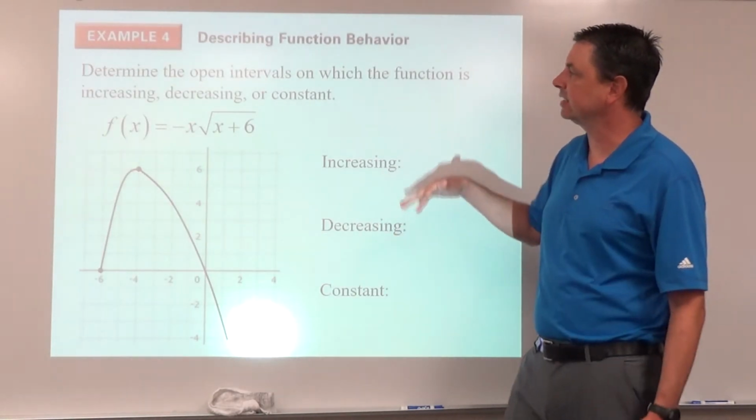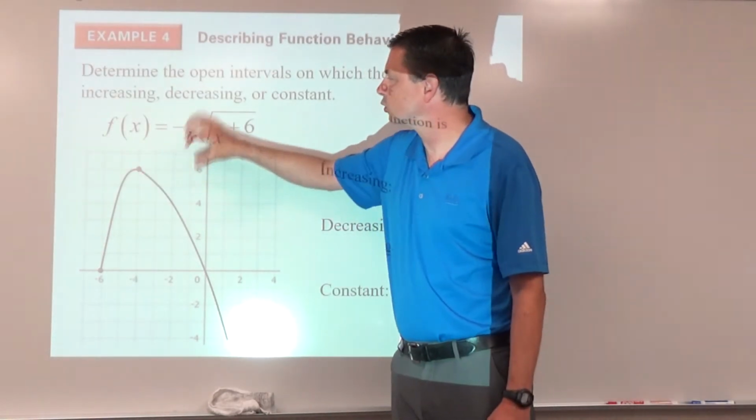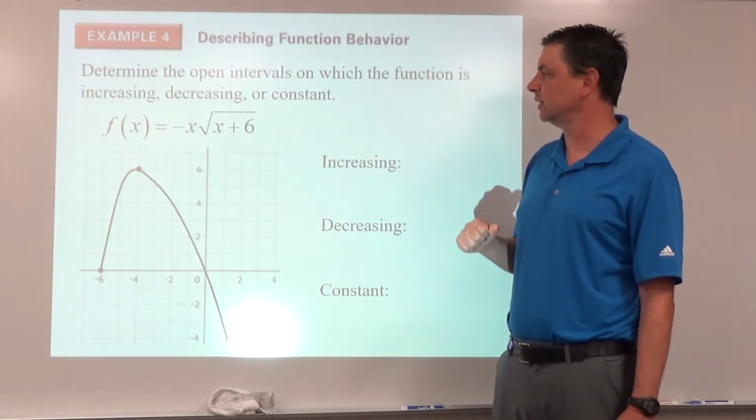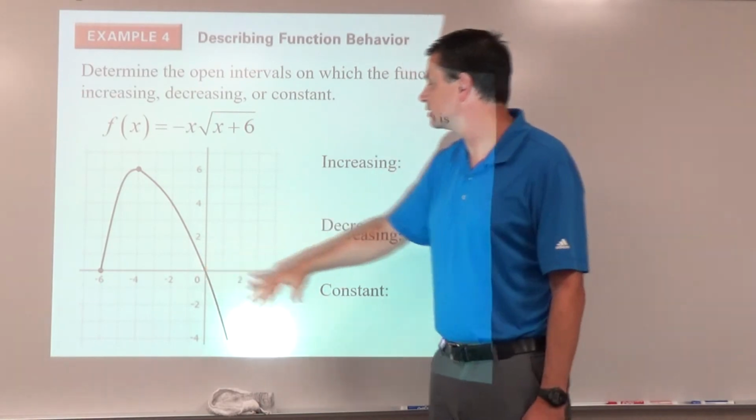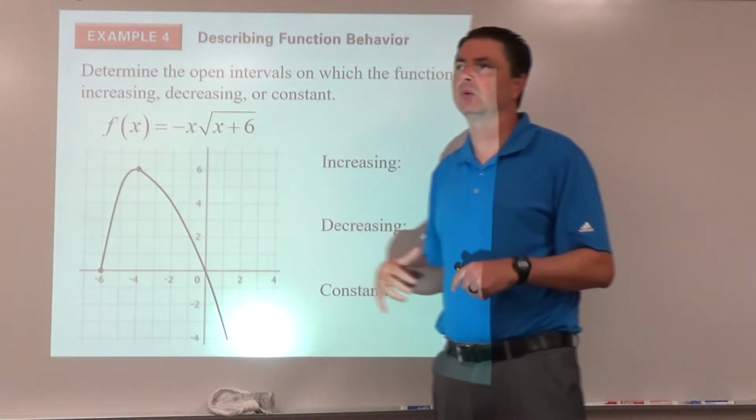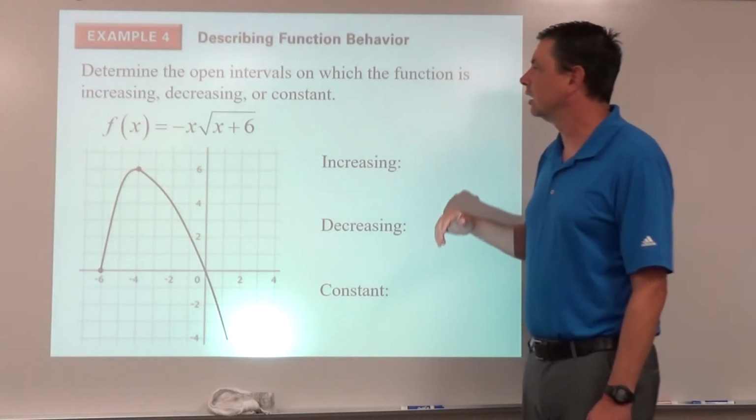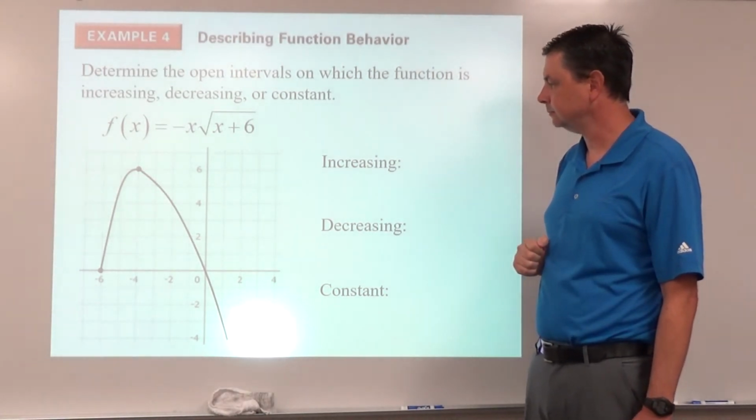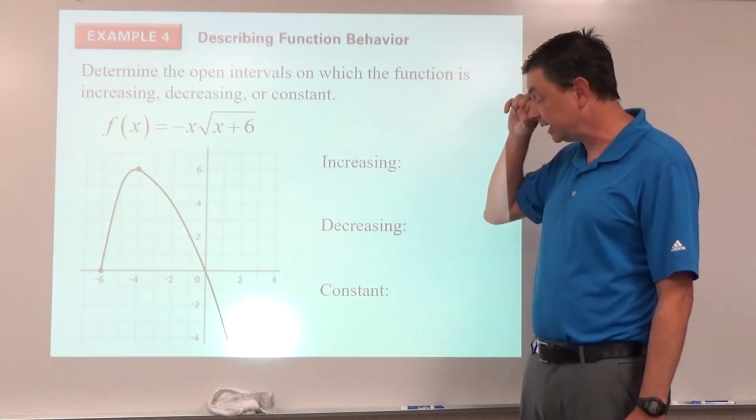So taking a look at an existing function here, f of x equals, it's a complicated function there, -x times the square root of x plus 6. But here's what it looks like. See if we can determine open intervals. That's what I was talking about with the parentheses there, when it's increasing, decreasing, or constant. So using this idea of